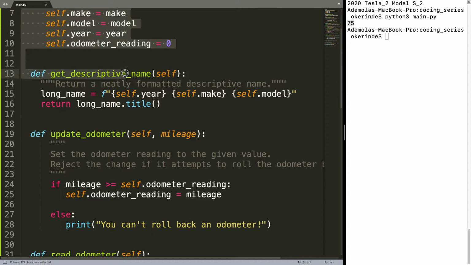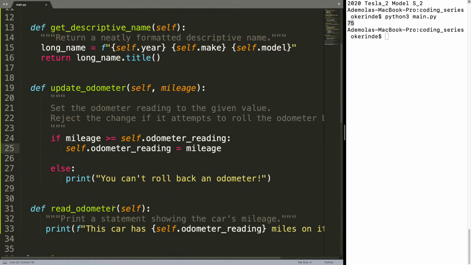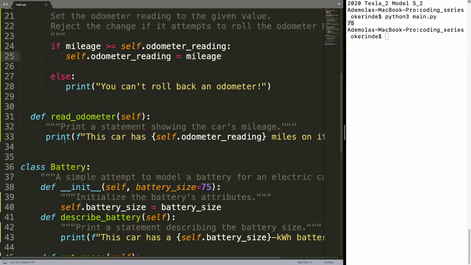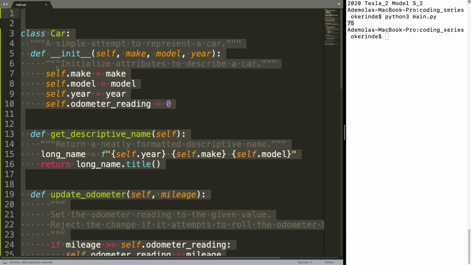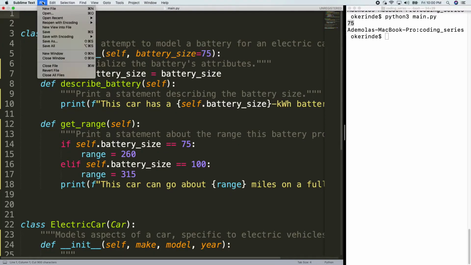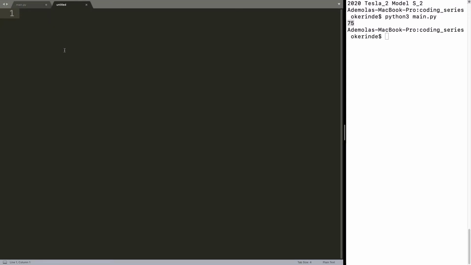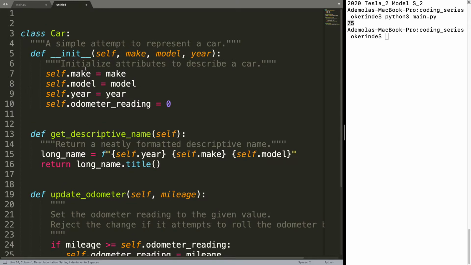The class car, where does this end, and so the class car ends here. So we can take the whole of this and cut it off and create a new file, and we dump it here, and we name it